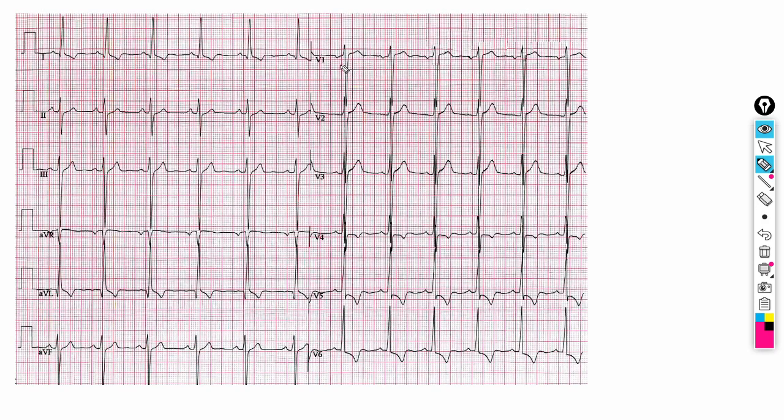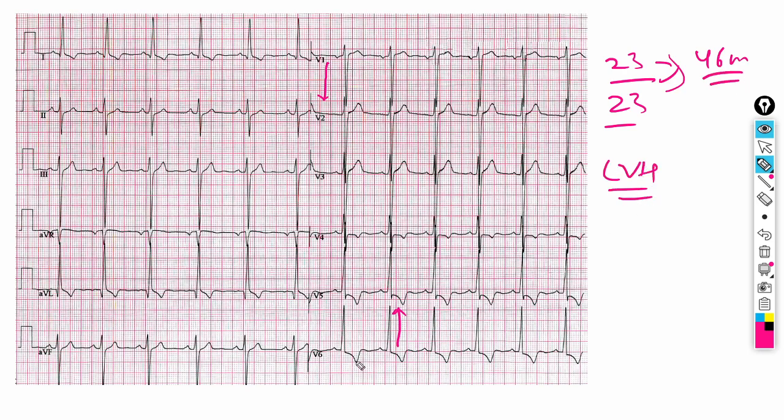When we see the ECG of this patient, we can see deep S waves, almost 23 mm deep in lead V1, along with tall R waves, almost 23 mm in height, which together become 46 mm. So this is a case of LVH. We can also see ST-T changes in leads V5, V6, along with lead 1 and AVL, which are the lateral leads. So this is LVH with strain pattern.